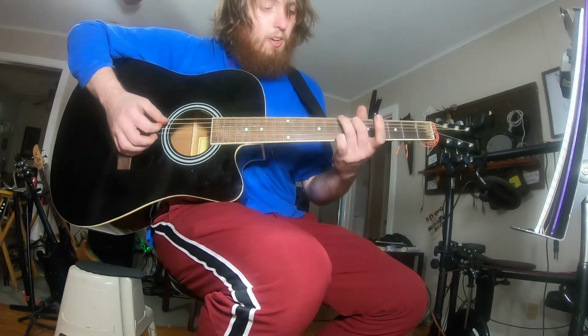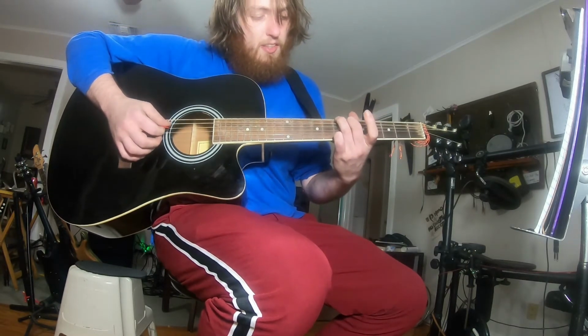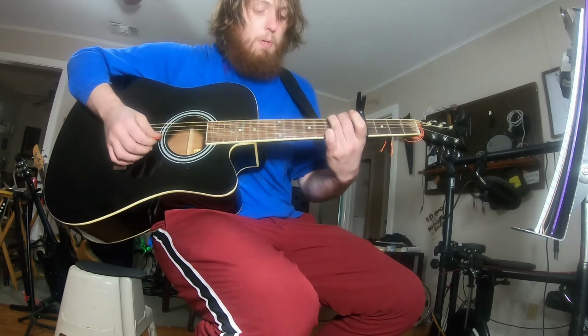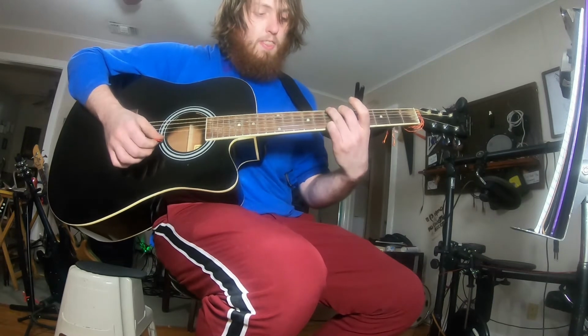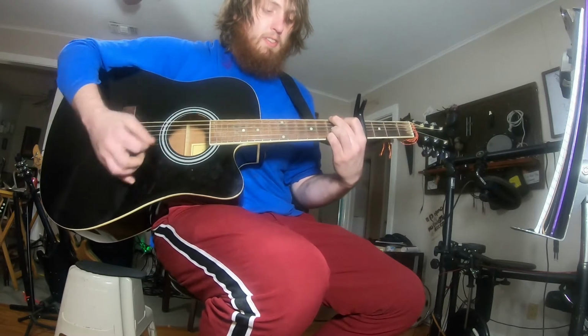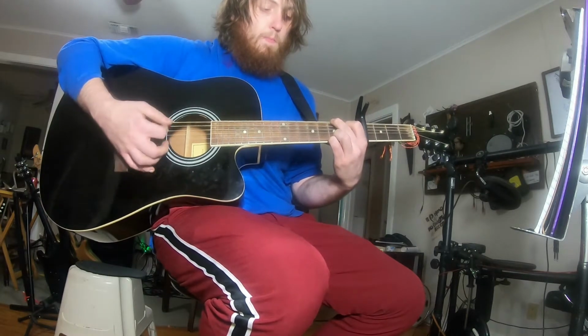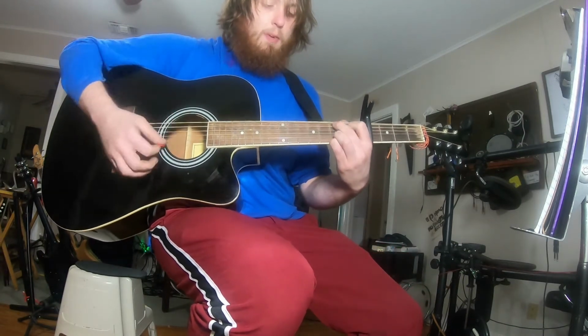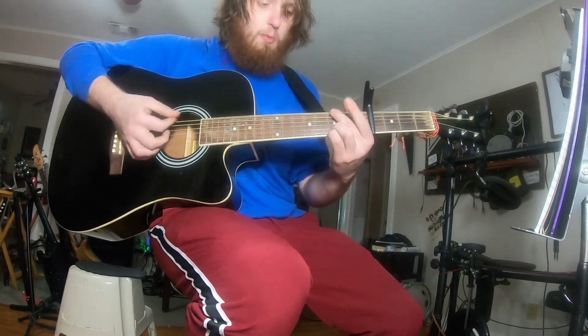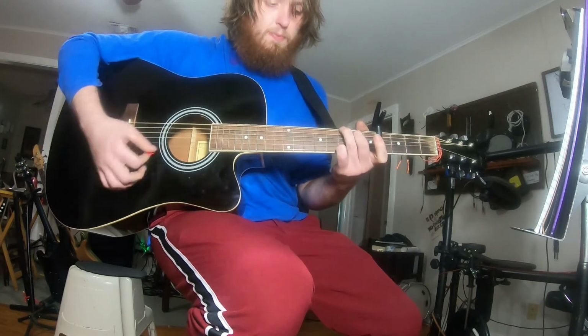and then we have middle finger on the A string on the 2nd fret, and then an open D, an open G, open B, and then our pinky goes on the 3rd fret of the high E string. Sounds a lot different from doing that G chord that everybody plays with a box G chord or whatever, G sus add 9 or whatever you want to call it. But we're just going to be doing the 3-finger G chord like this with the B string